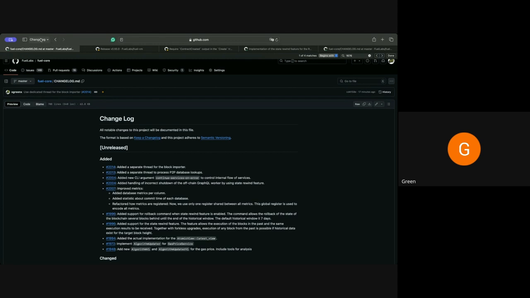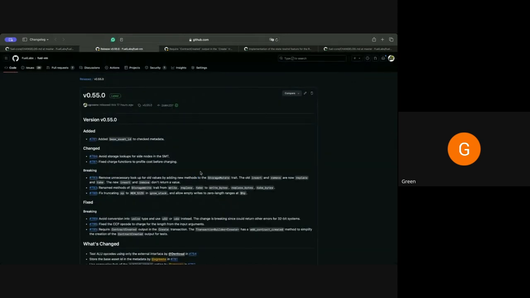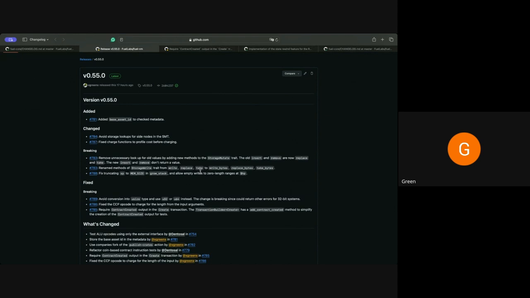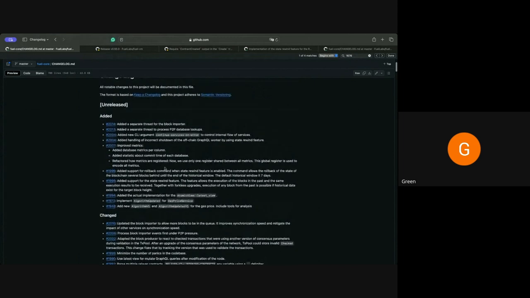But yeah, about fuel core, I think that's it. And we've upgraded fuel core to fuel VM 0.55. Here, first of all, that feature I mentioned here adds some overhead now into commits,